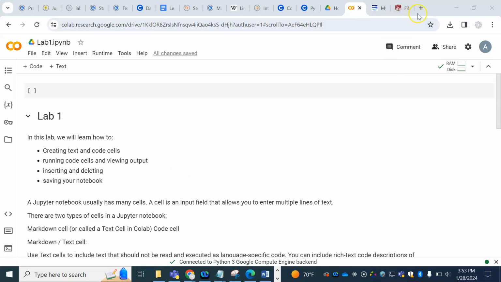Hello students, I'd like to walk you through the process of how to access some of the editors that we can use to work with Jupyter notebooks. One of them is the Jupyter platform itself, and the other would be Google Colab. So that's what I plan to do first. And then we'll open our Lab 1